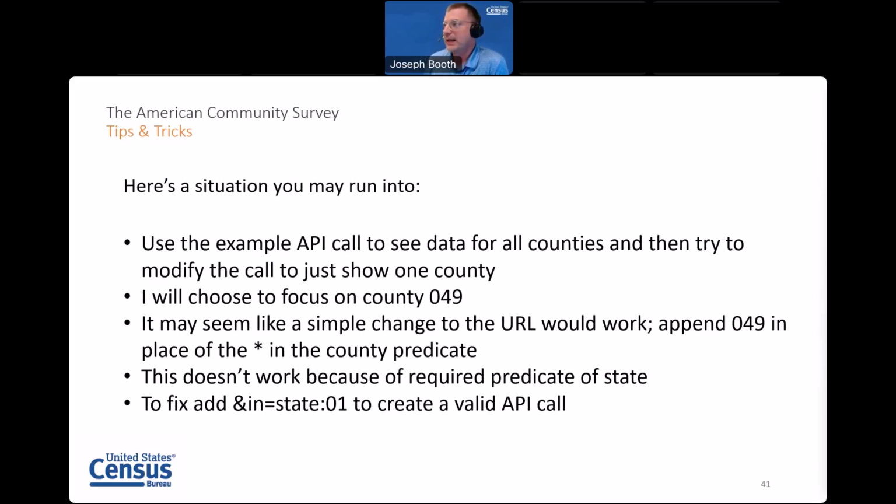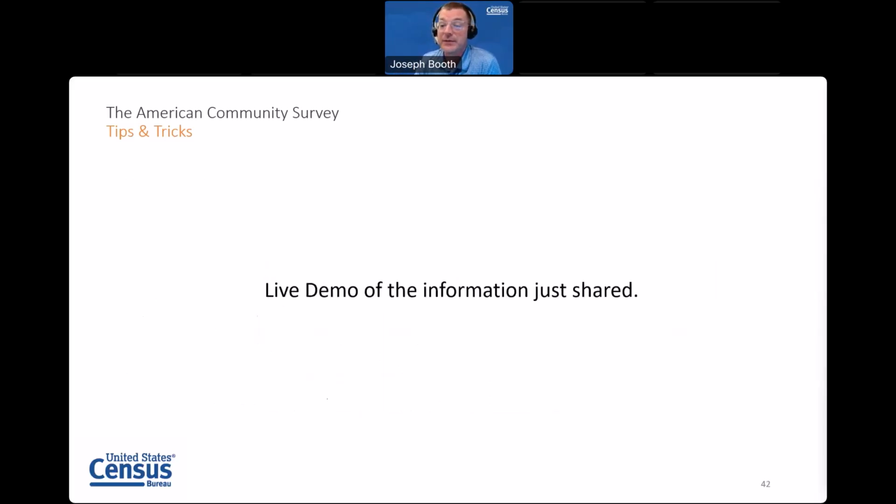It is not an API like you might have used in other commercial settings where a lot of the variables are just tacked onto the end of a single API endpoint. We have lots of different endpoints. So I'm going to walk you through an example of this live so you can see what happens. So let's go back over here to our browser.